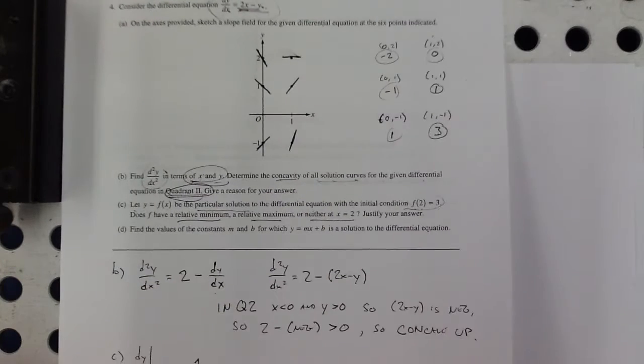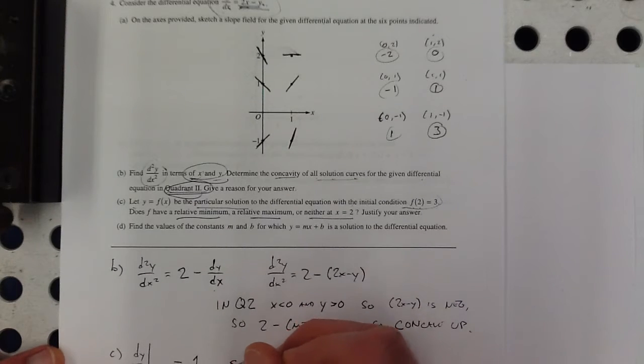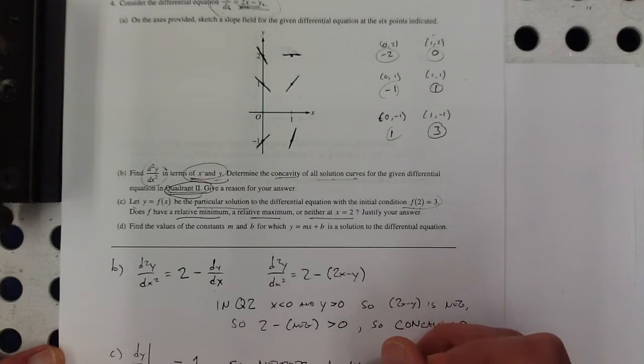So do we have a maximum, minimum, or neither? That's going to be neither, maximum or minimum. Because if you were going to have a maximum or minimum, you would have to have